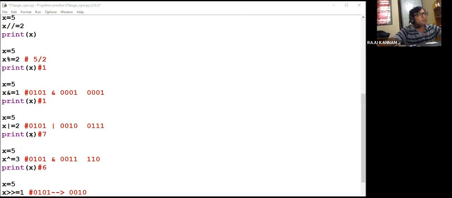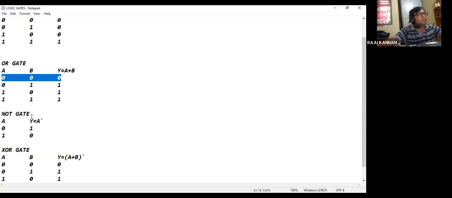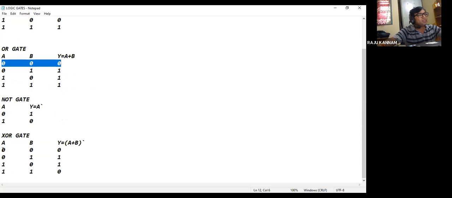Right. So now let us come to the XOR operation. Here 0, 1, 0, 1 (5) and 0, 0, 1, 1 (3). Now if you see the XOR gate, what is the functionality of the XOR gate? If both the inputs are equal, the output is 0. Here also both the inputs are equal, output is 0. If both the inputs are not equal, unequal, then the output is 1. That is the functionality of the XOR gate.